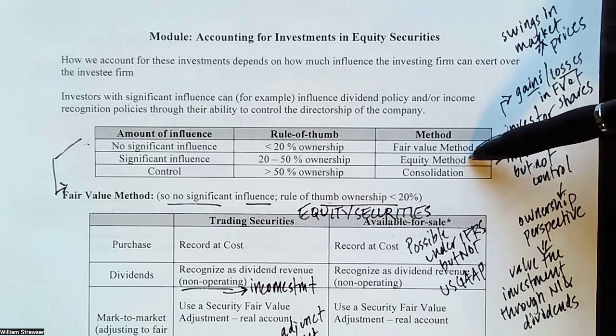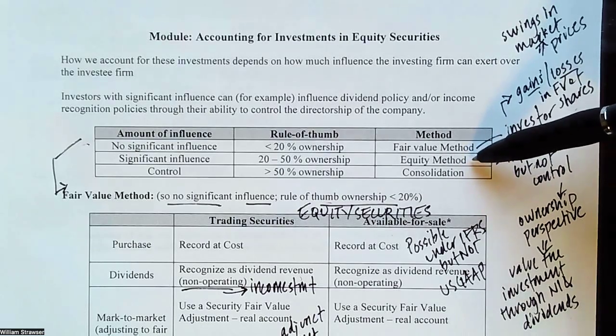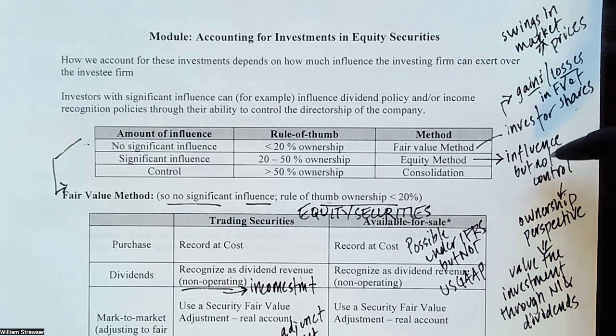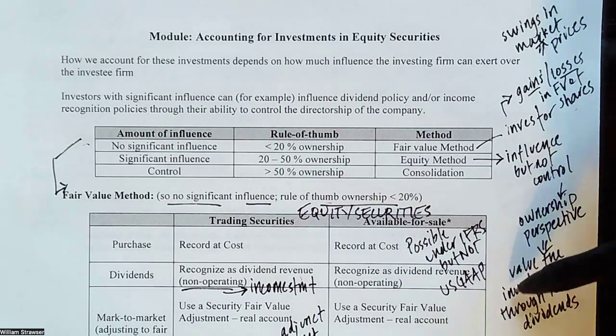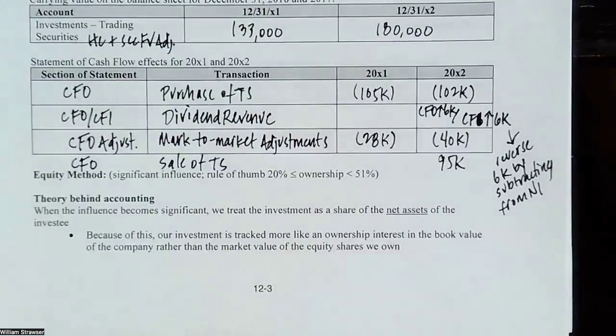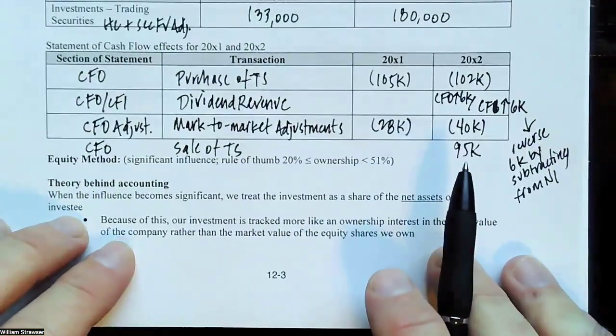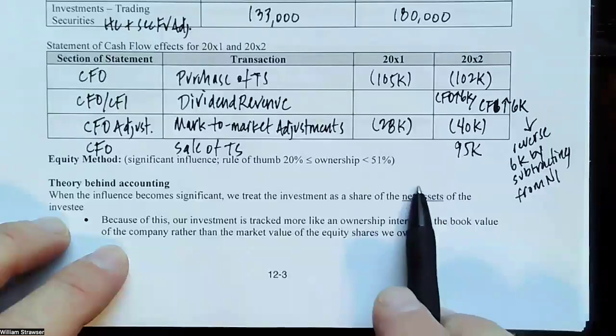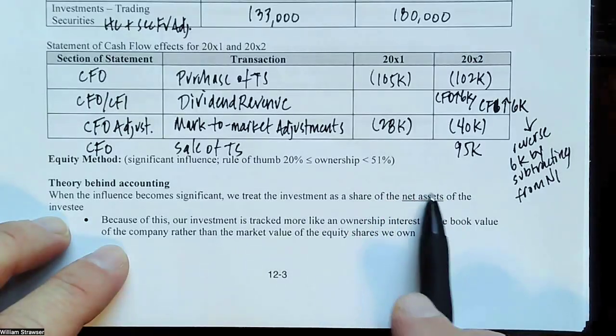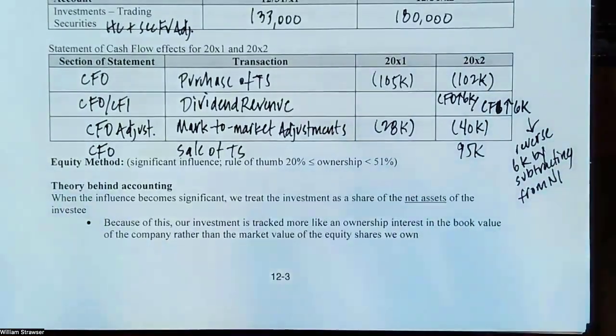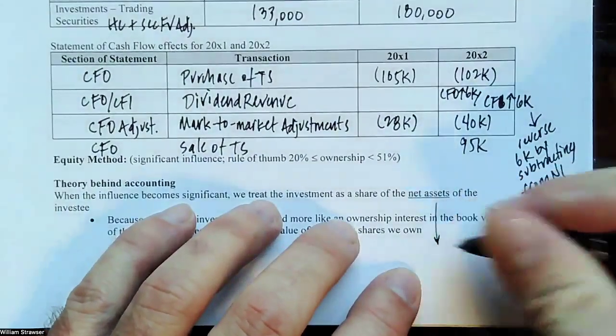Now, the equity method steps up our influence a bit. It's between 20 and 50%. And we do have influence, but not yet control. We do take an ownership perspective where now we're valuing the investment through net income and dividends rather than how the share price is fluctuating over time. So that's the idea, right? Instead of being this sort of passive investor, now we're investing in the net assets of the investee. So our focus is moving from stock price